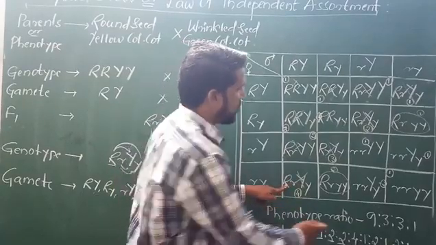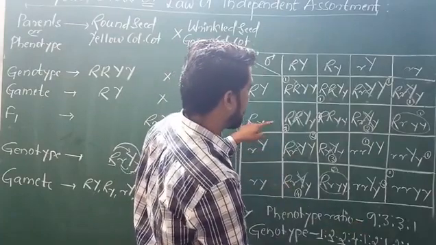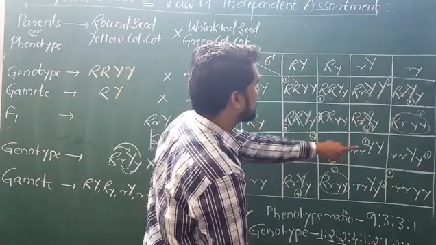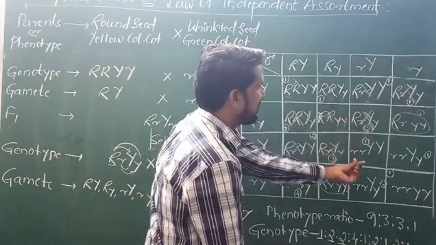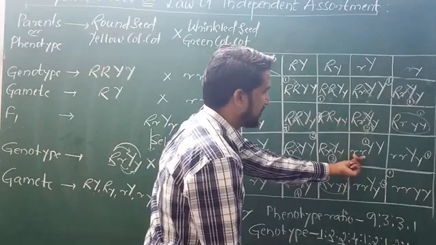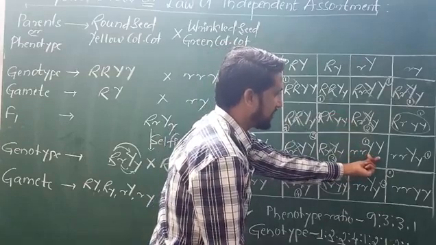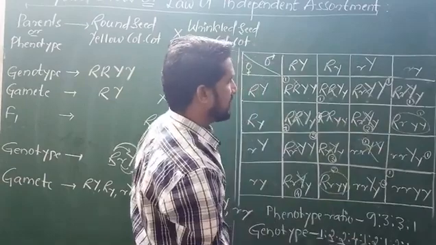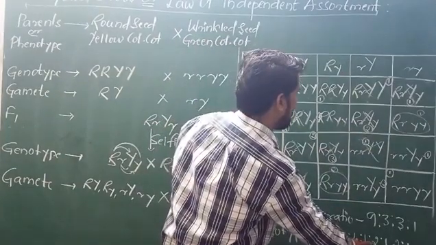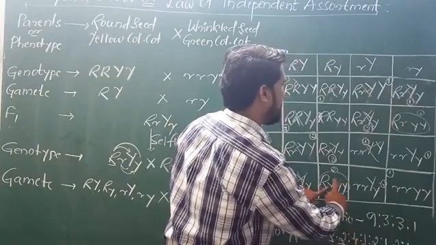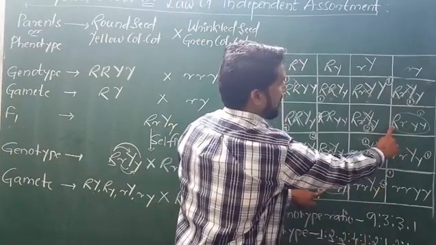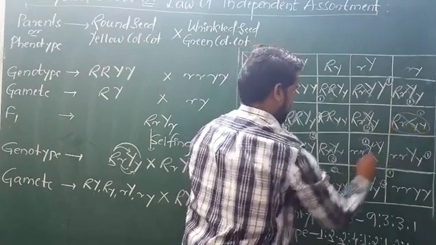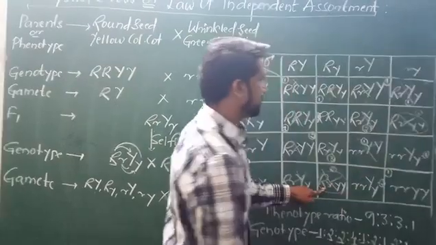Is this clear? Now 1, what is 1 that remains over here? That we had written at the center. This is the one: wrinkled with yellow color cotyledon. Can we cancel this now? Yes. Remains 2 now. What is that 2? One round I had made. Yes. This is the one: round with green color cotyledon. This one, this 2. Is this clear?